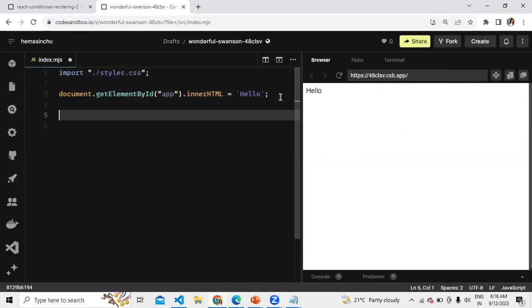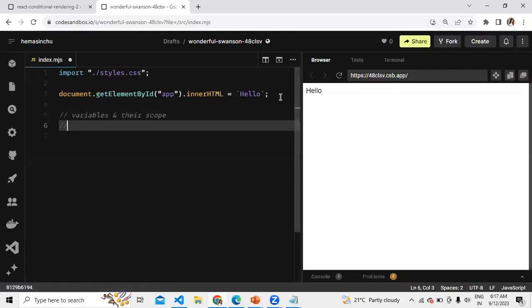Now we'll understand some of the important topics with respect to ECMAScript 6. The concepts we'll be studying are variables and their scope. Next, we will learn arrow functions, or mostly different ways of writing functions in JavaScript.